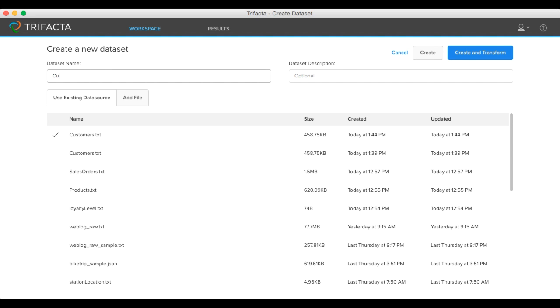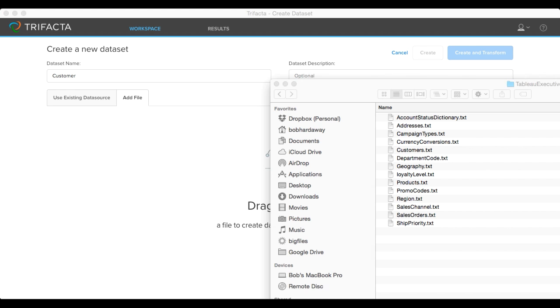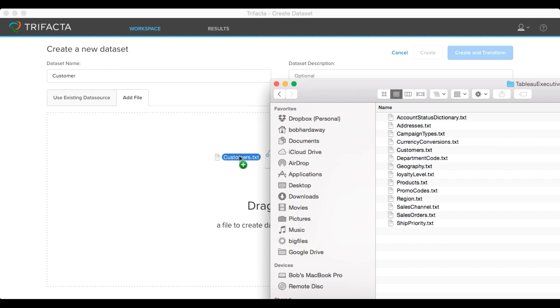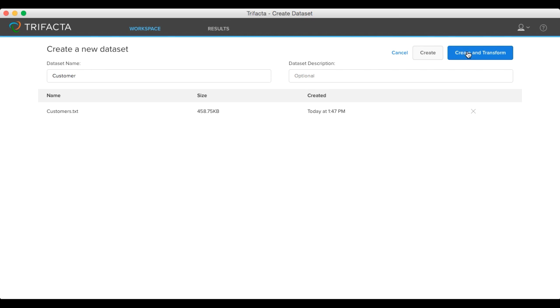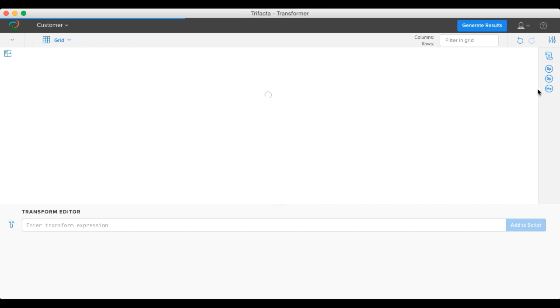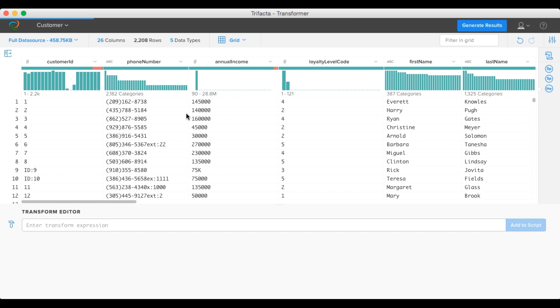First, I'm going to go ahead and create one additional data set reflecting our customers. I'll pull a local extract for that data, and you can see how immediately Trifacta loads that data. I'll go ahead and transform and create the data set, and Trifacta presents me with an initial transformation of the